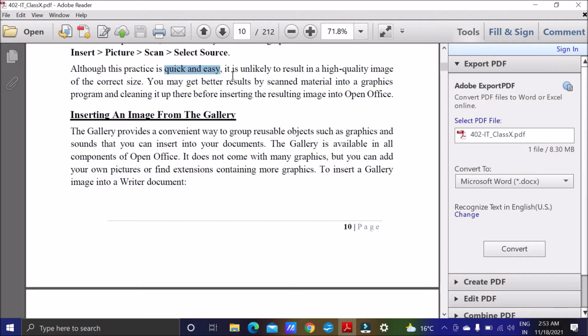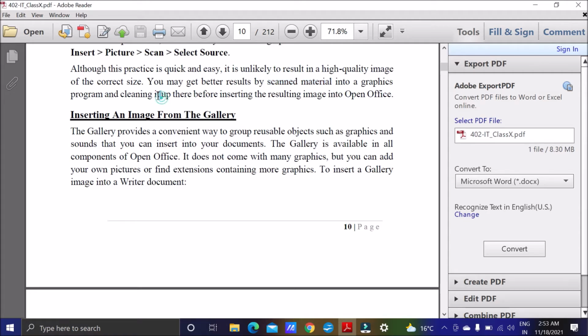So it is unlikely that you will get a high quality image of the correct size that you want, because you are not able to edit the image after scanning. Directly you are getting it. So you may get a better result if you get the scanned material into a graphics program after scanning.